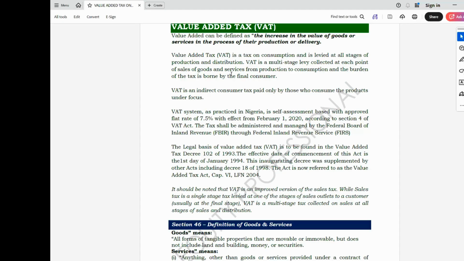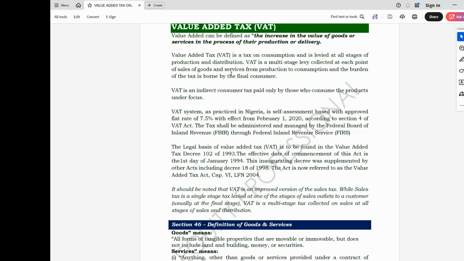And this type of tax is an indirect tax. It's a form of indirect tax that is collected by the government towards general authority. So one thing about this tax is that the final burden of the tax is borne by